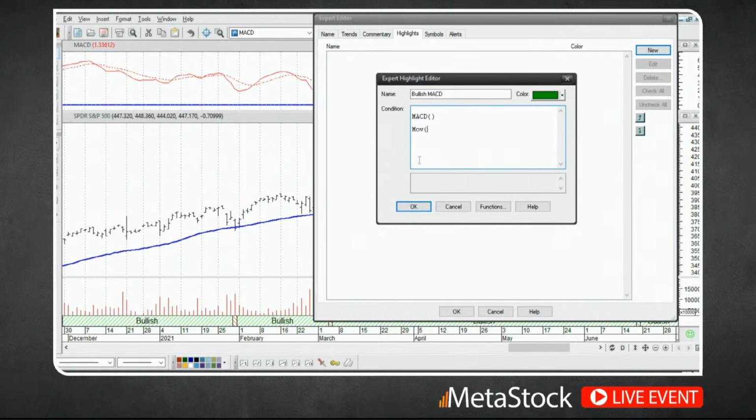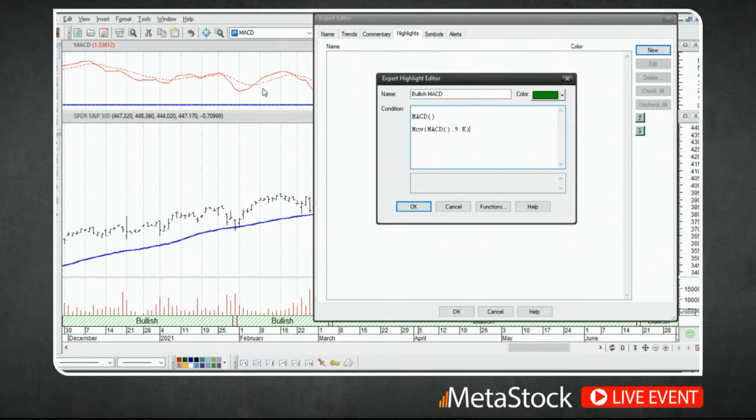So our data rate is going to be MACD, open and close parentheses, followed by a comma, and then however many periods we want to use, which in this case is going to be 9, followed by a comma, and then followed by the type of moving average, which I'm going to use as E, which is representative of exponential. So in other words, this next line right here is a 9-period exponential moving average of the MACD, or in other words, it's the value of this dotted line.